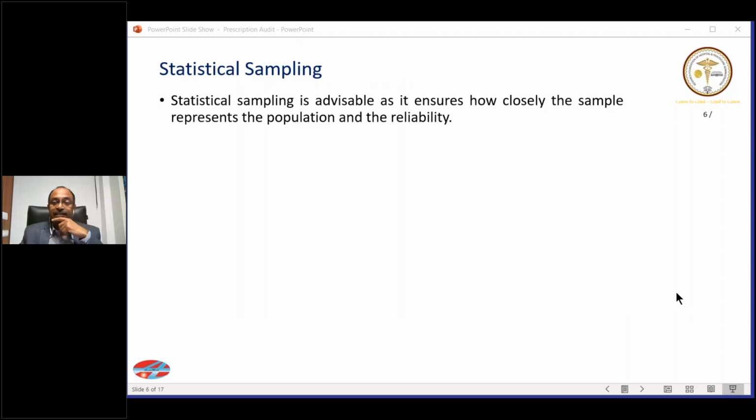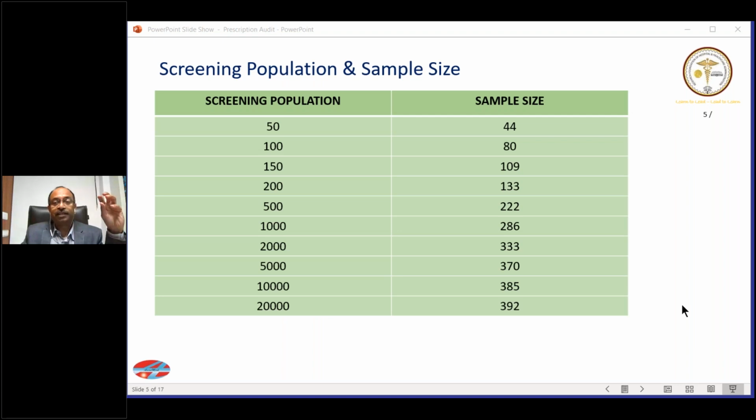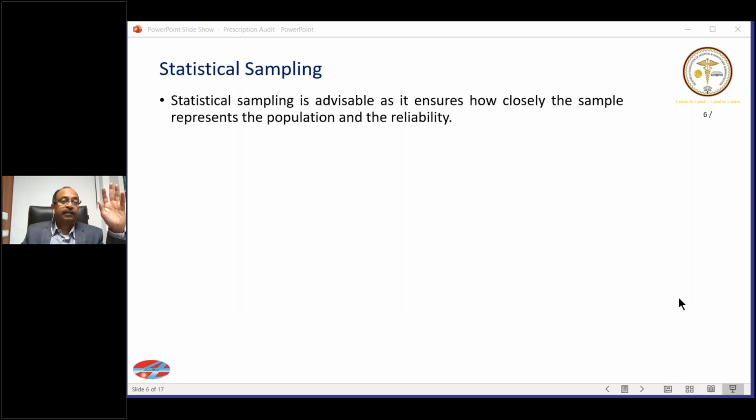So we come to the statistical sample. Priya, the question that you have asked in the chat box is exactly what we are trying to do. If you have heard it so far, you would have seen that our prescription population for 2 months is 12,500. Based on this table given by NABH, we have figured out that we need approximately 400 prescriptions to be included in the sample. So 400 prescriptions out of 12,500. Okay, is that clear? Next, we have to figure out a method by which we decide which 400 samples we are going to take.